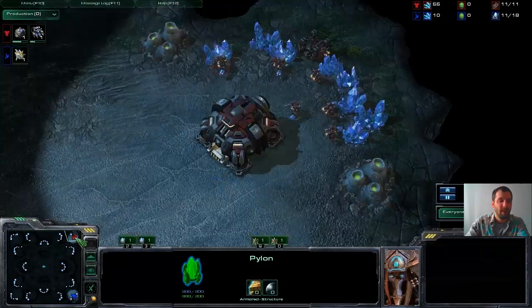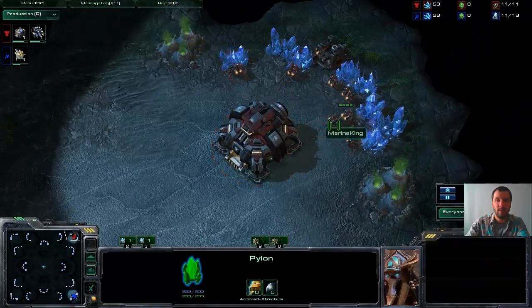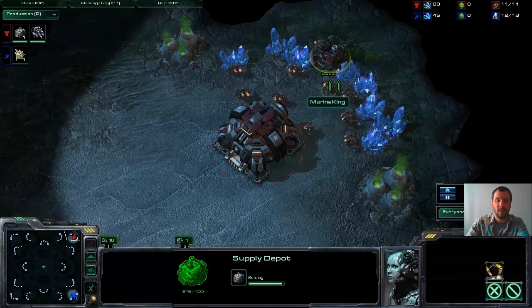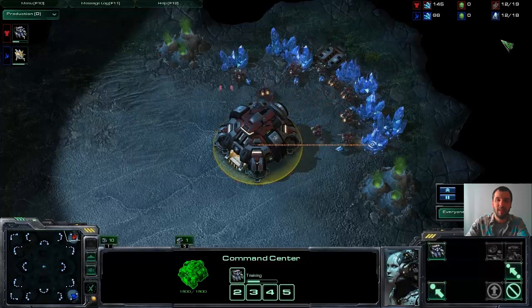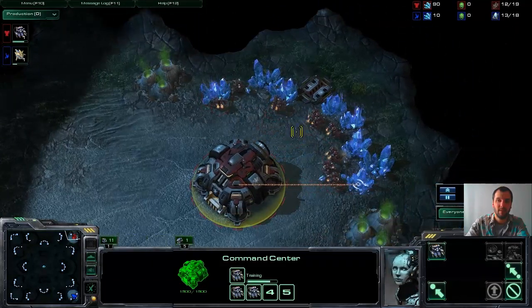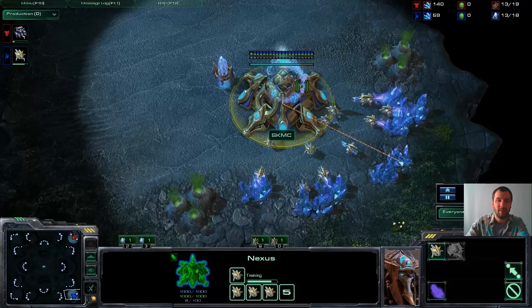Pylon going down, obviously a supply depot is going to go down in a moment as well, or not. Yeah, it is coming up. It's just a little late, and there you go. So yeah, a little late on the supply depot, meaning that he is going to be behind in the workers a little bit. As you can see, the Protoss workers are a little bit quicker, but it might also be because